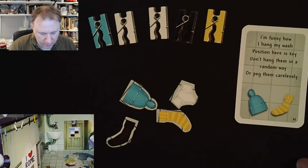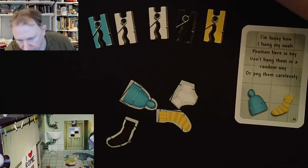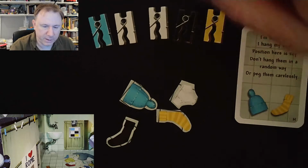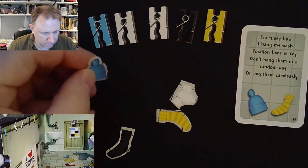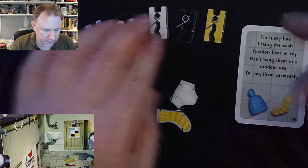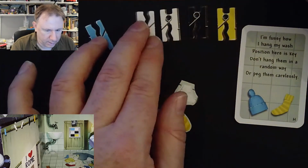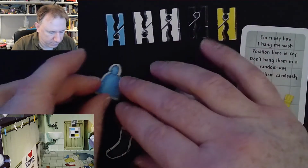Don't hang them in a random way or peg them carelessly. Okay, so we have an order of the pegs. That's from the door of the box. The only other thing we have that I think is relevant is the blue and white, white and black and yellow. So they should hang off the bottom of the peg, right? Maybe the colours on this thing, they go together, don't they? Black and yellow go together, white and black are together, and blue and white are together, and there's just an overlap between the black. So if I were to peg the woolly hat under the blue,